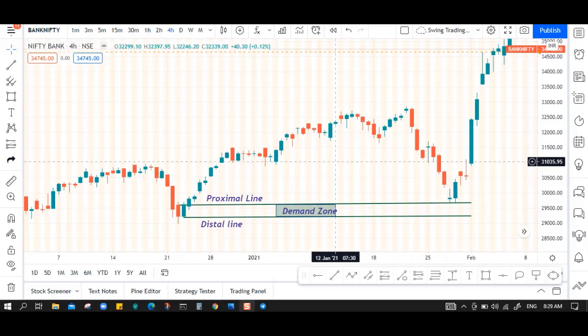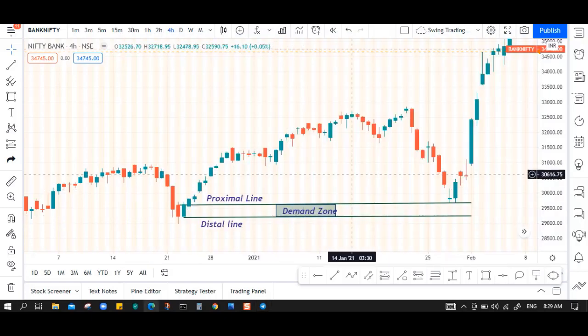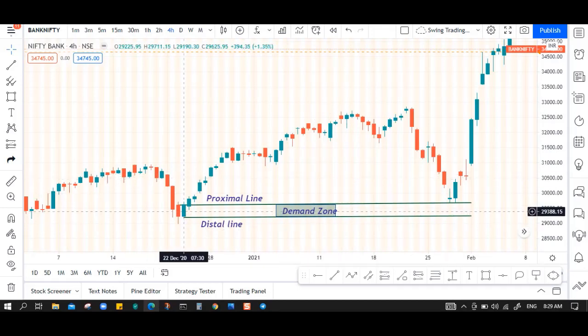Now it's your turn to identify the bearish engulfing bar as a basing candle and draw the supply zones, and you can share them to this profile. You can click here and send your charts when you identify the supply zones using the bearish engulfing pattern. Just now we discussed the bullish engulfing pattern, so now it's your turn to identify the bearish engulfing patterns as basing candles and prepare the supply zones.